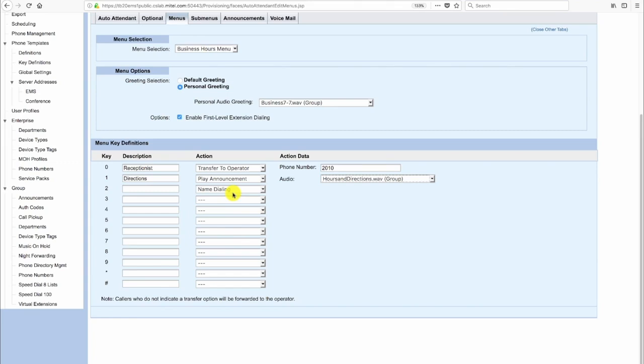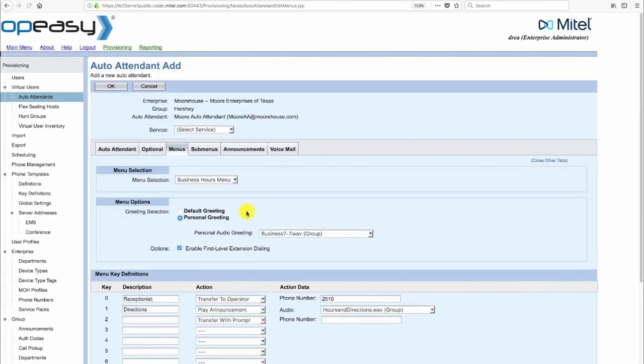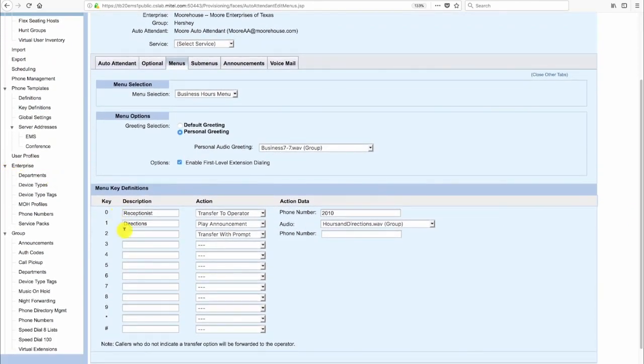The third option that we want is to allow them to press 2 to get to customer service. So in our case, I'm going to transfer with prompt, and then in the description, I'm going to put customer service for this option. And again, since customer service has an extension to get to that group, we've been allocated 2011. So I'm going to enter that there. Now the next option